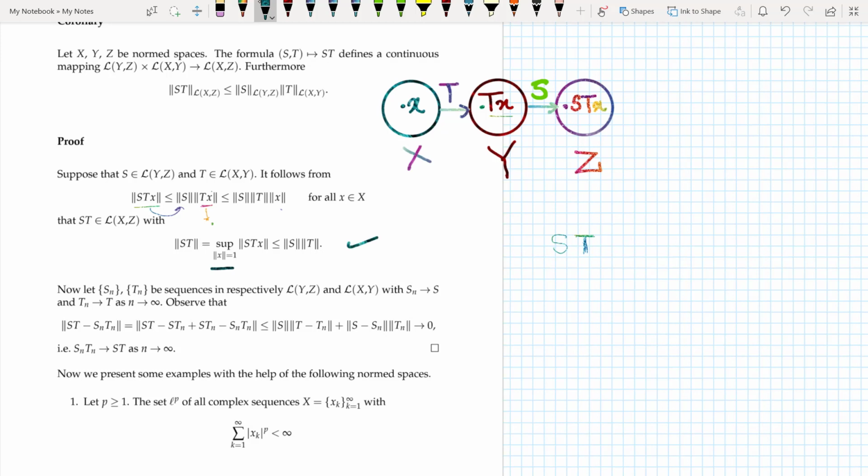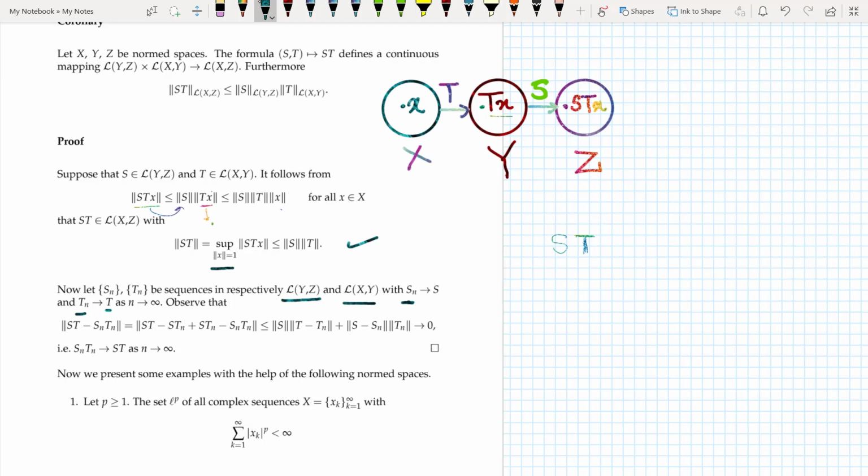Now let us take sequences in our spaces. So this space is the space of all bounded linear functions from vector space Y to vector space Z. And similarly, this is the space of all bounded functions from X to Y. So if I have my sequence Sn tending to S and Tn tending to T, as n goes to infinity,